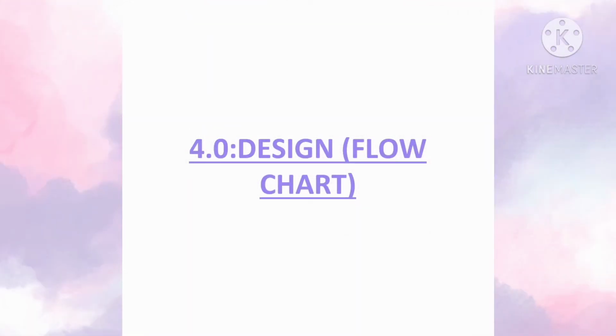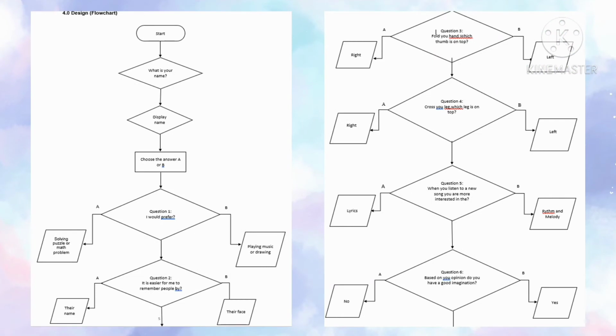Okay, for the next is 4.0 design flowchart. This flowchart has 9 questions about brain test dominance. First, you must put your name and then you can choose A or B as the answer. For question 1, I would prefer A, solving puzzle or math problems, B, playing music or drawing. Question 2, it is easy for me to remember people by A,